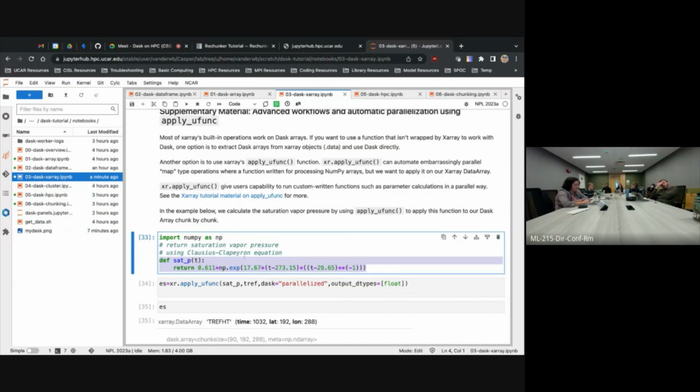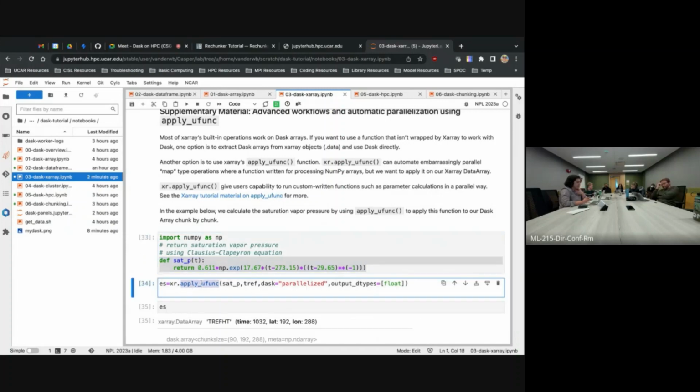I return a Numpy array, or you can get a Dask array and return a Dask array. But the important thing is that it's doing some computation on my input and calculating the saturation vapor pressure. So one way to do it is using Xarray apply_ufunc,